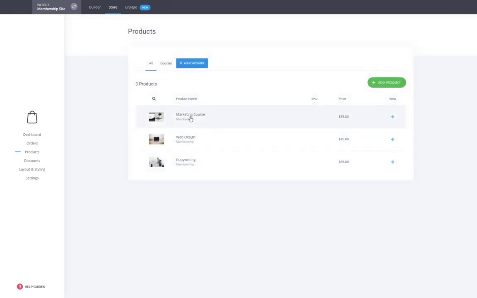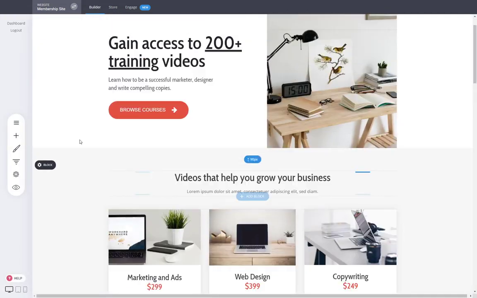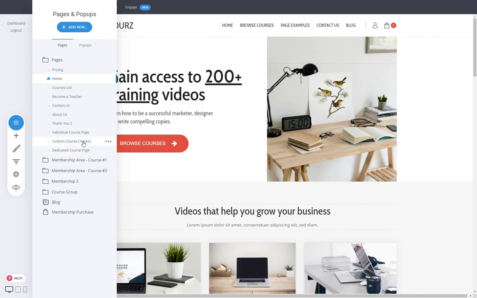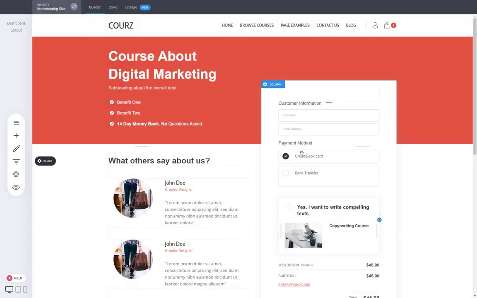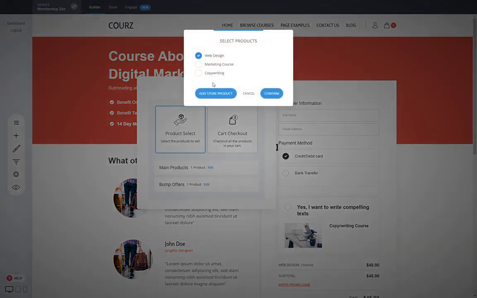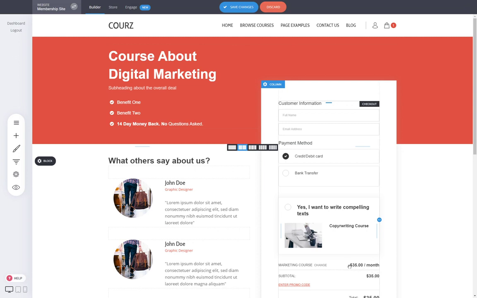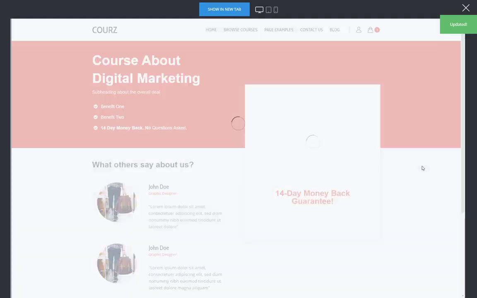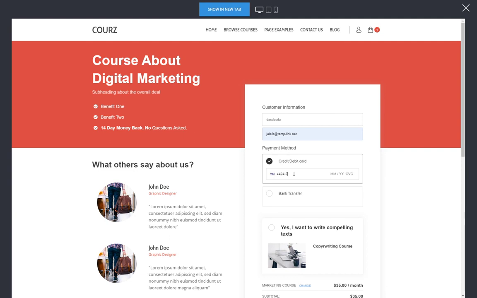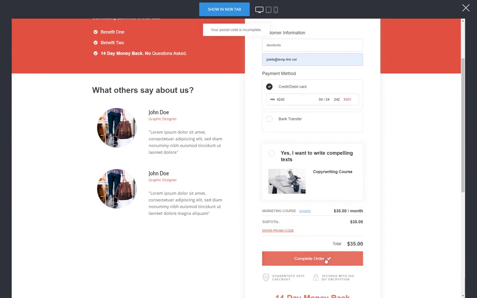So now we want to just buy the marketing course. How do we do that? In our custom checkout page again, we have to select our marketing course because we want to purchase access to it. And as you see, it's now not a one-time payment, it is $35 a month. Click on save changes. And now we don't have to log in again. We just have to enter our information here with our dummy card from Stripe and that's it. I just click on subscribe, complete order, and just like that,